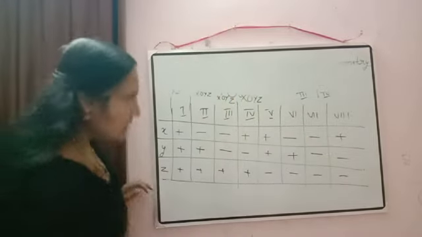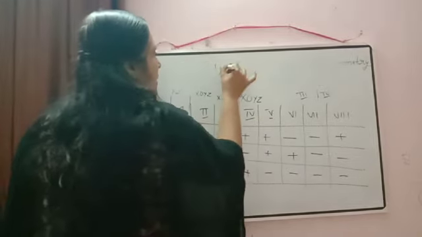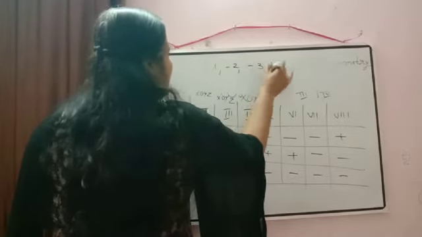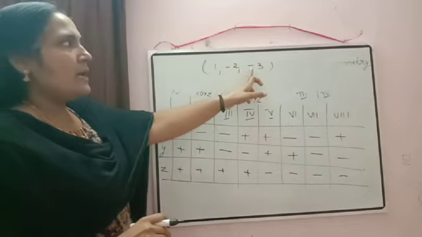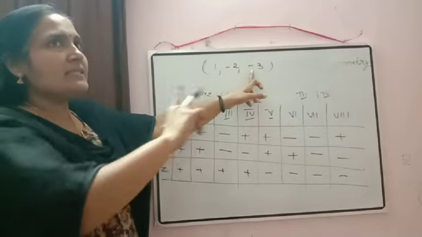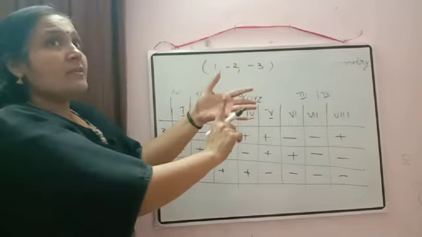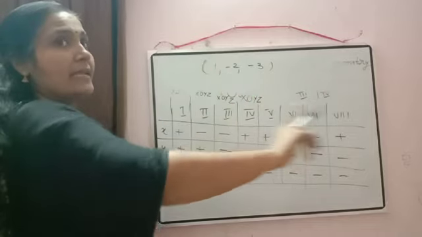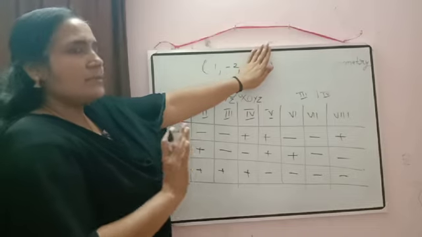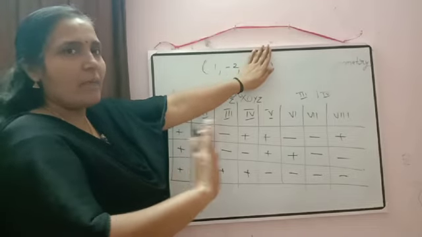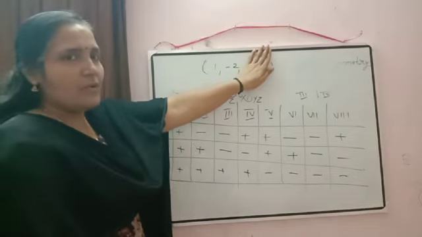Any other point we are writing. Suppose we wrote here (1, -2, -3). Now here z coordinate is negative, means it will start from 5. So 5, 6, 7, 8 are the octants which we have to check. We have to check from 5 only; the remaining 4 we don't want.